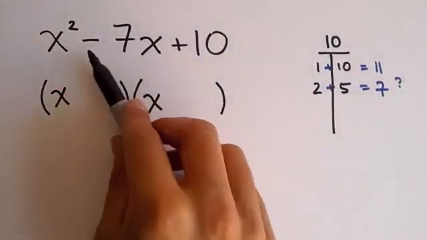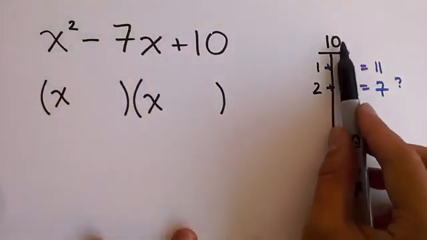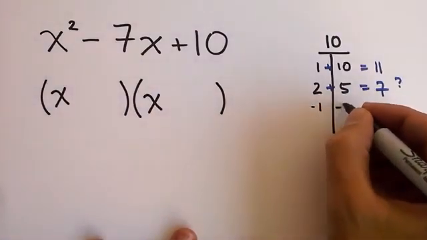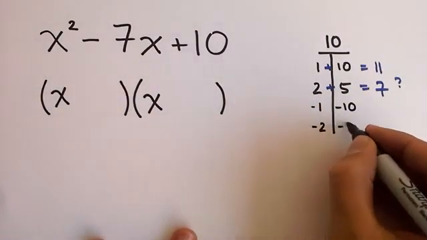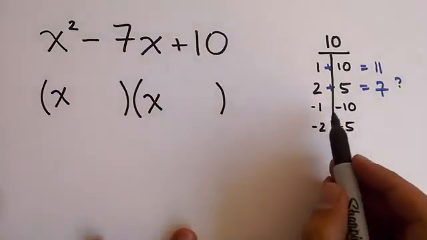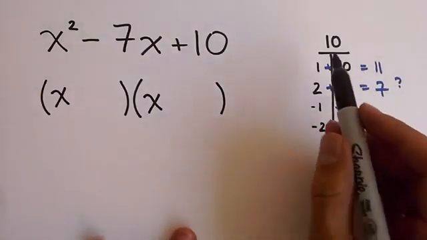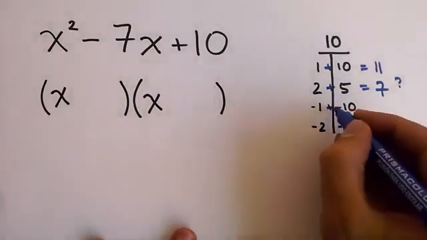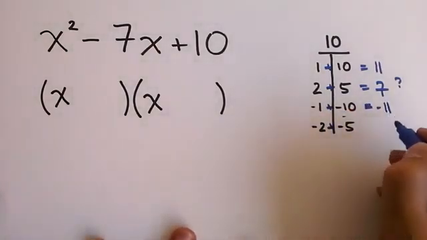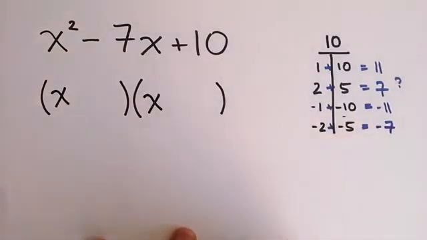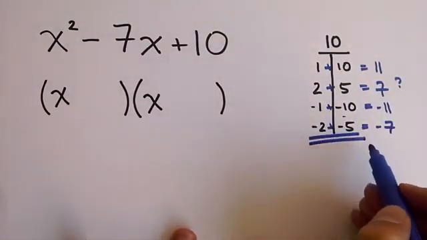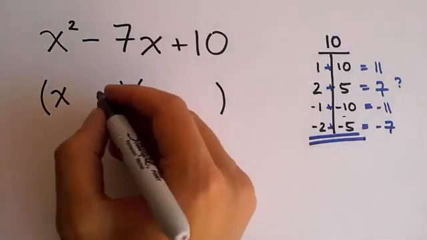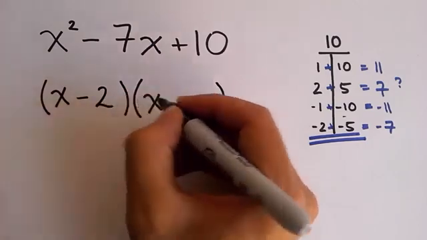That happens because as you see a negative sign here, you need to consider not only the positive factors of your constant term, but you should also consider the negative ones. So you should also consider -1 and -10, because -1 and -10 multiply up to 10, and when added they give you a negative number. So if you add these two new pairs that we found, you obtain -11 and you obtain -7. So see that these two factors that you found here are the ones responsible for this quadratic expression. So x minus 2